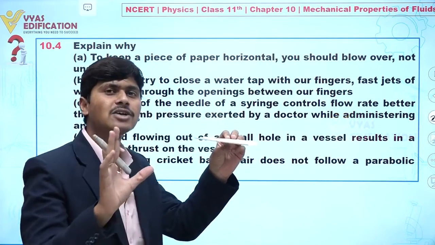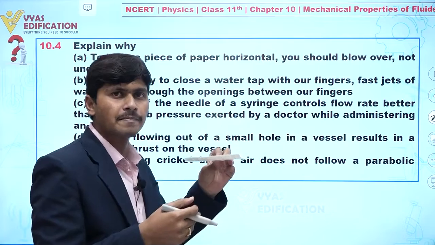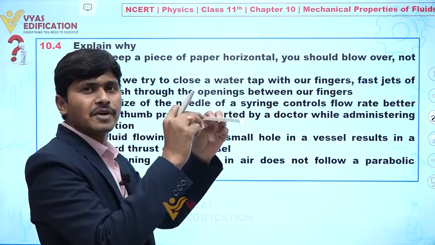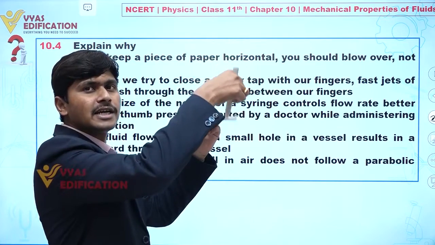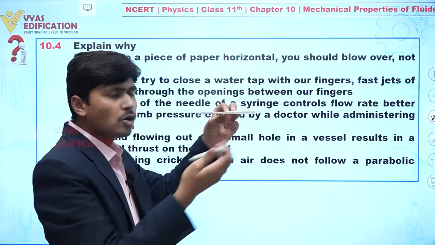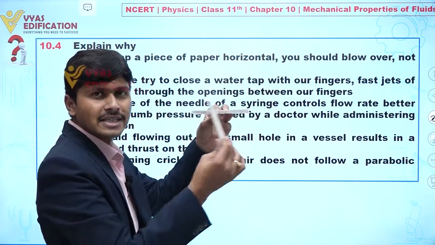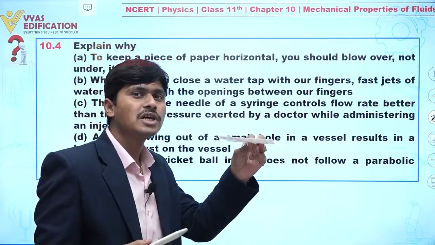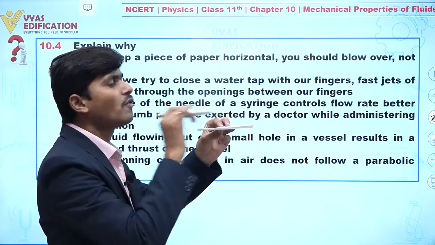Now first let us try to understand all the forces or the pressure that is acting on this paper. Clear? So in this paper we can say definitely an atmospheric pressure is acting in a perpendicular downward direction like this, clear? And below we also have the same atmosphere, so we can say atmospheric pressure is acting like this, clear? Now let's suppose I am blowing air on the top, or we can say over this paper,